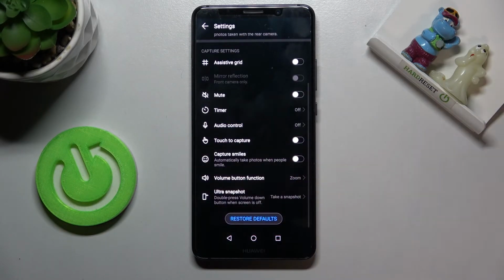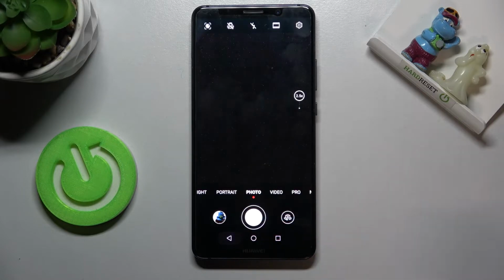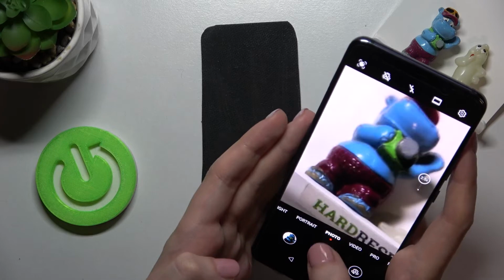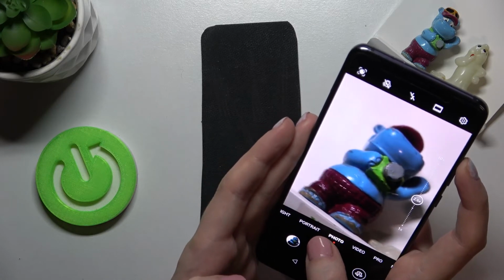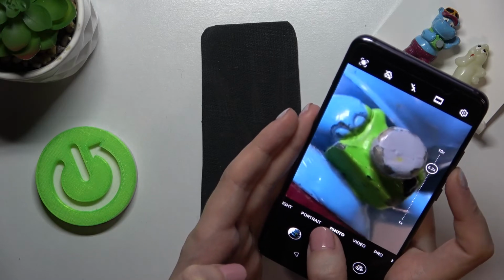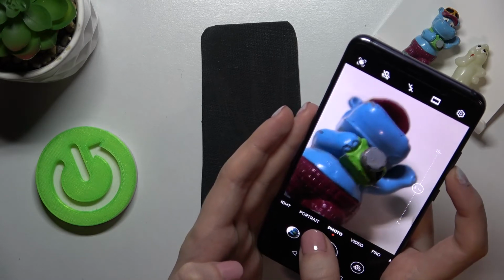So let me change it to zoom to show you how it works different, and let's move back to the camera. Now let me try to use volume buttons once again. And as you can see, I can easily get closer to my subject and also move back, so I can use zoom by tapping on volume